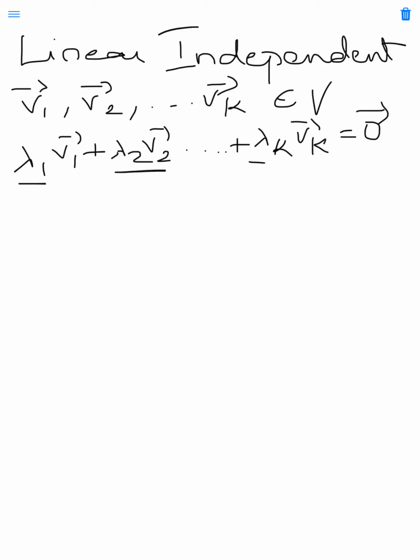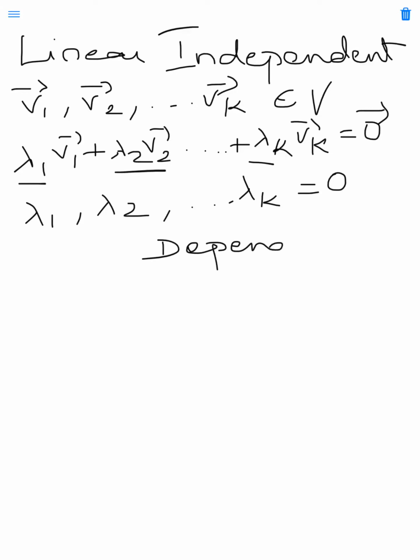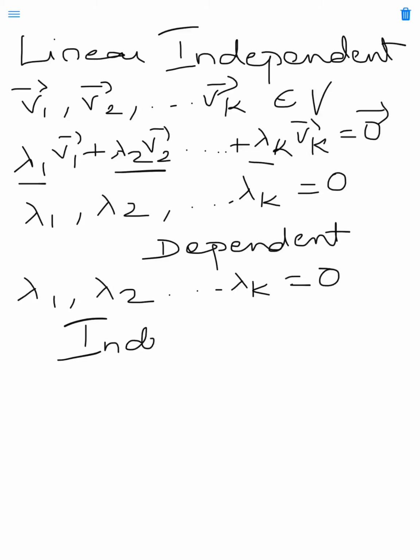Solve it for lambda 1, lambda 2, etc. lambda k. If any one of the lambda values gives us non-zero, then we can say that it is linearly dependent. And if all of the values, that is lambda 1, lambda 2, etc. lambda k, equal 0, then it will be called linearly independent. So keeping this logic in mind, we need to solve for the